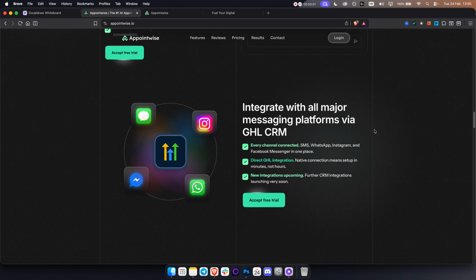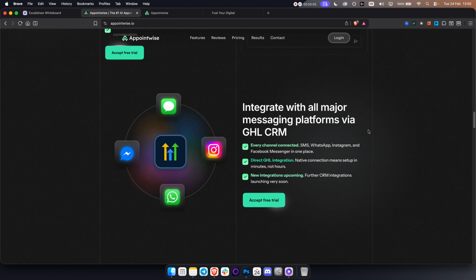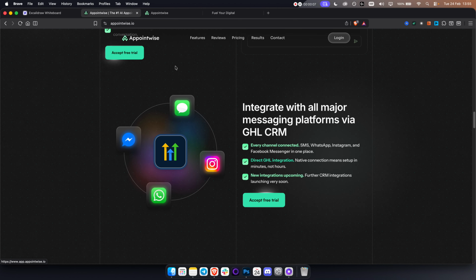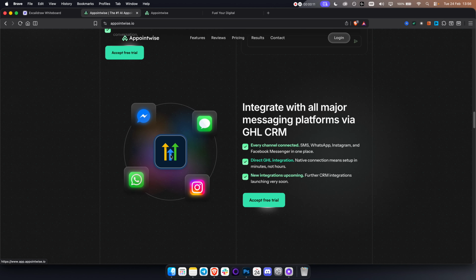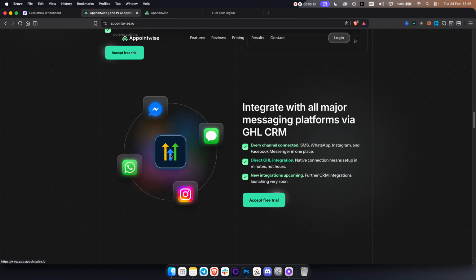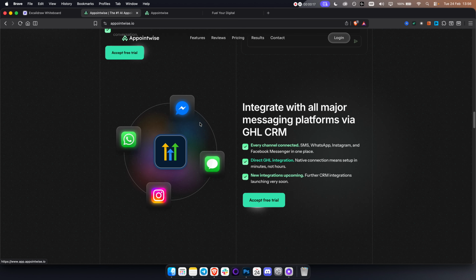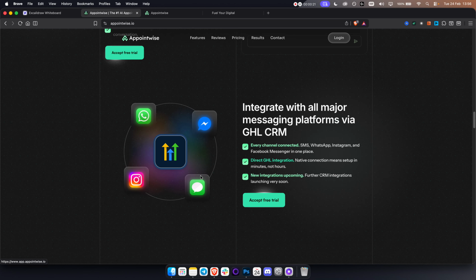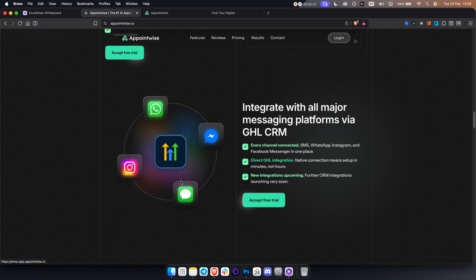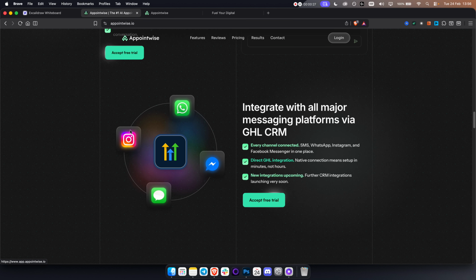Let me show you how you can set up an AI setter with Pointwise and Go High Level. Now, Go High Level here acts as a hub where all your leads are in one place, and Pointwise acts as a connector, or in this case, AI text setter. So you can embed or integrate this AI text setter to SMS, Facebook Messenger, WhatsApp, or Instagram, as you